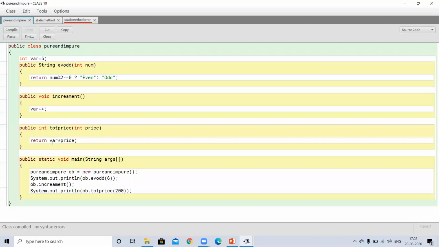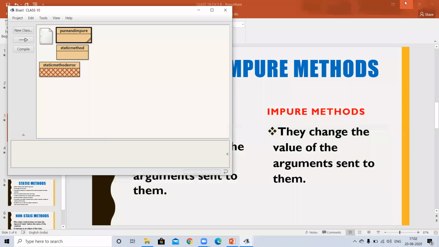So that's why 6 into 200, now it is 1200. So you can see that this is the implementation of an impure method. In this way, increment and total price are impure methods, but this is the pure method. Okay, so this is the example of pure and impure methods.